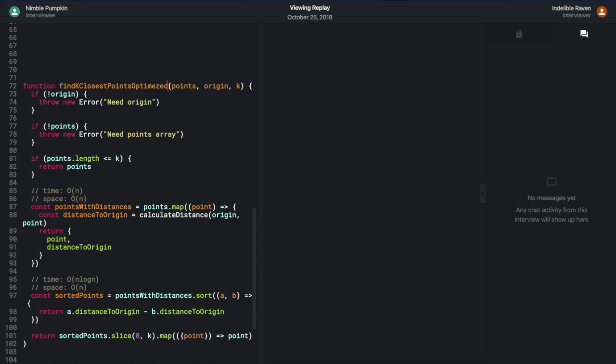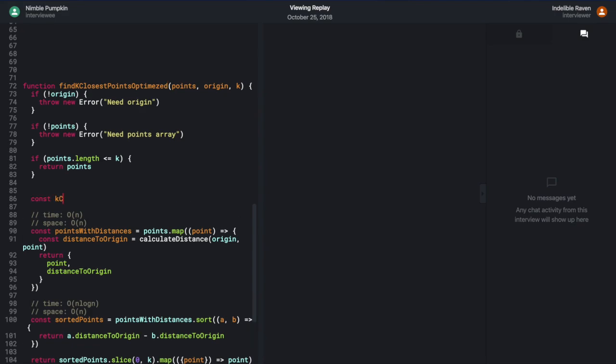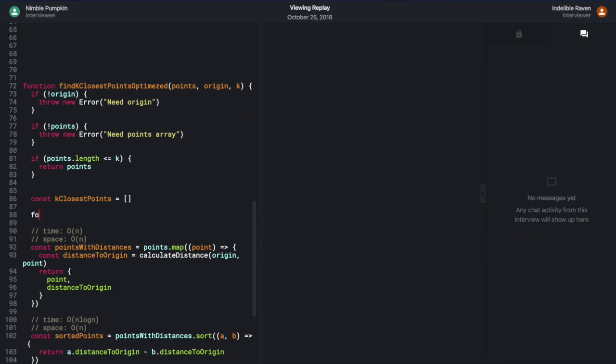Okay, so here we're going to have k closest points, array, and I can use a for loop. I think they're really ugly, but it does let me end earlier if we want to really optimize it. So for int i equals 0, actually it's not int, let's, i less than